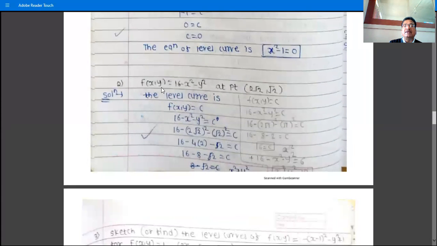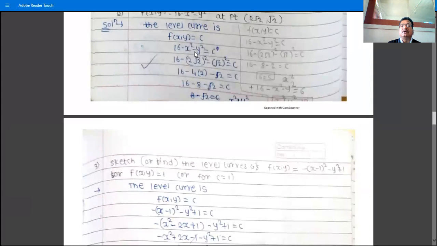So next example is, this is the function f(x,y) = 16 minus x square minus y square, and this is the point, that is, this curve passes through this point, and therefore the level curve is what? The function f(x,y) is equal to constant, that is 16 minus x square minus y square is equal to constant, and this passes through the point (2 root 2, root 2), therefore substitute x as 2 root 2 and y as root 2, we have c is equal to 6,